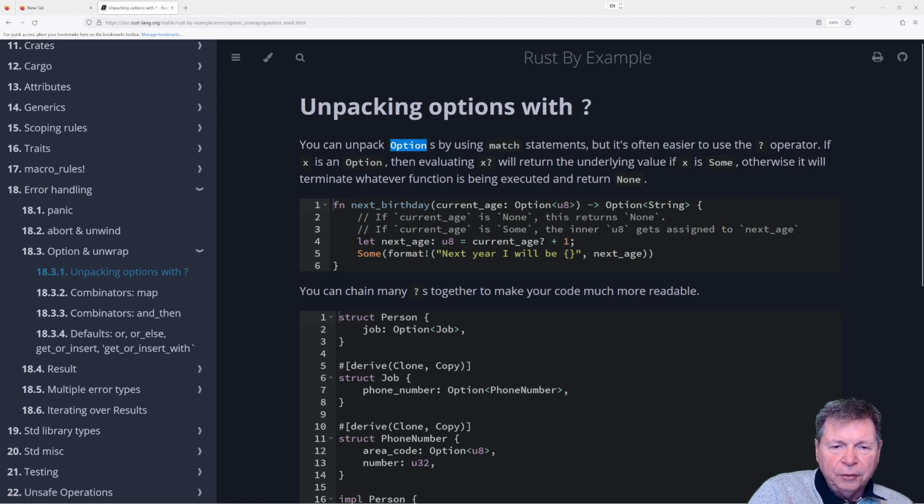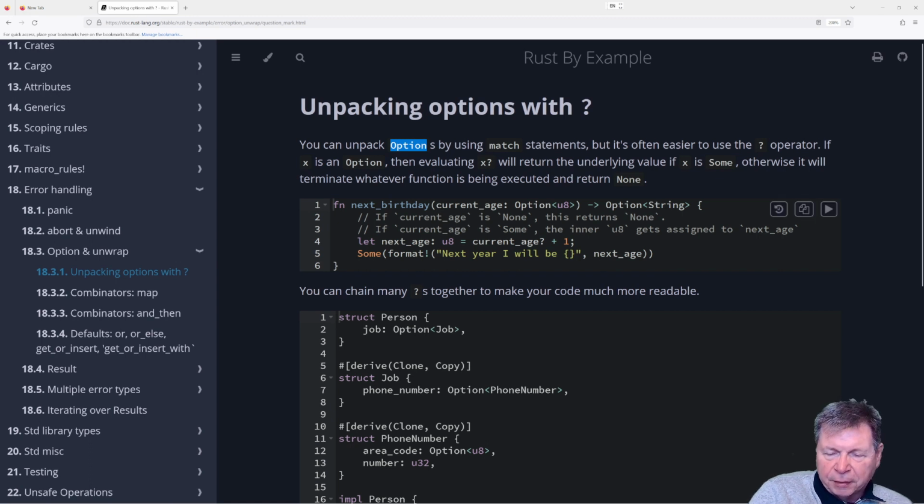How about: you can unpack the option keyword by using match statements, but it's often easier to use the question mark operator. If x is an option, then evaluating x question mark will return the underlying value if x is sum. Otherwise, it will terminate whatever function is being executed and return none.